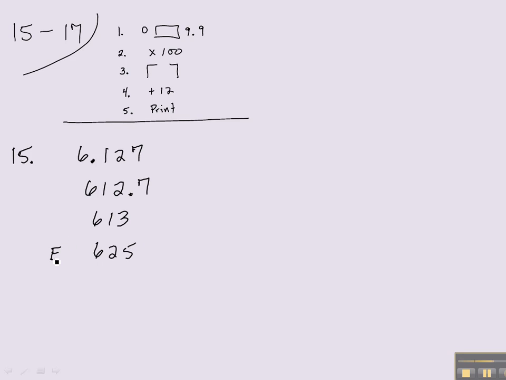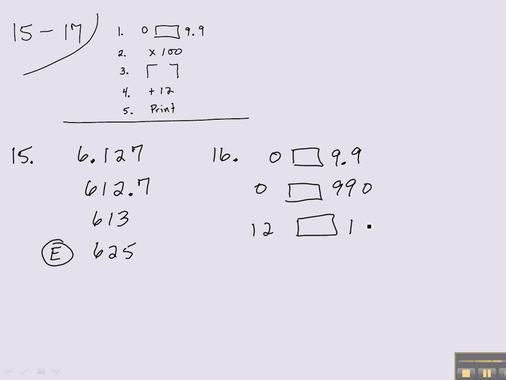16. 16 asks us to find which one of these numbers could be a possible number that could be printed. Well, we'll start out between 0 and 9.9. Then after we multiply by 100, we're in this range. So our number can be in there. Then we're going to round up, which is still 0 to 990. Then we're going to add 12. Between 12 and 1002. The only answer choice is D,